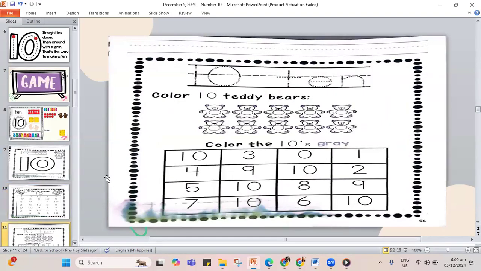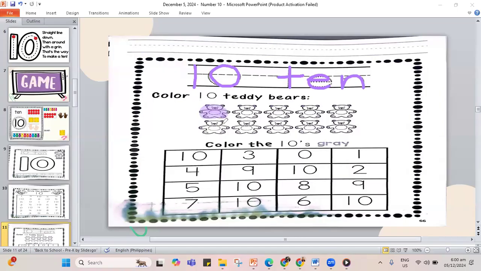So how about we trace our 10 and we get to color 10 teddy bears. So we have a 1 and a 0, that is 10. Then TEN, 10. And we get to color the 10 bears. So how many again? It should be 10. So you have to prepare also your crayon for that.